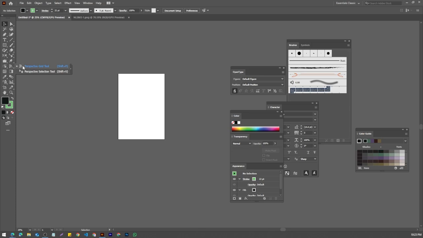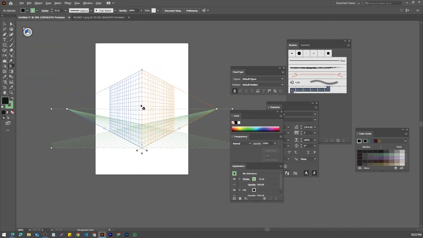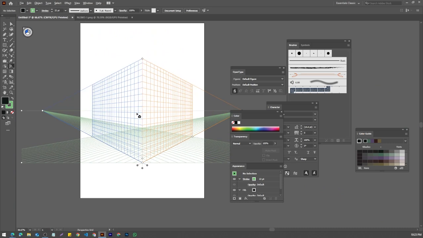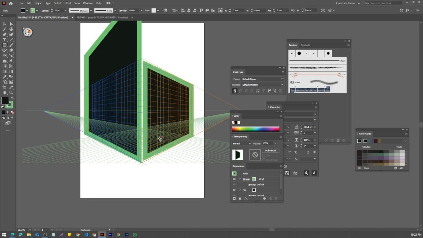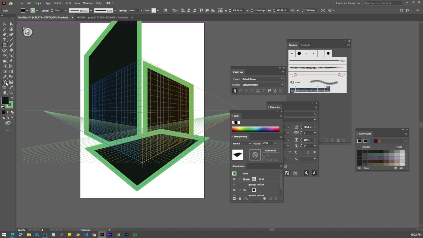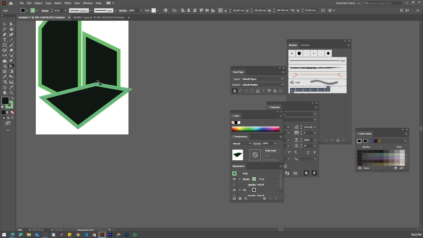So if you click here, perspective grid tools, then if you click here, you will see there is a perspective, which is 2-dimensional for now. If you select this one, as you can see, I have selected this part, which is the left grid. Then if I draw something, it will be drawn on the left grid. If I click here on the right grid, then if I draw something else, it will be drawn on the right. Then if I click bottom, it will be drawn on the bottom surface, as you can see here. Then if I go here and click close,